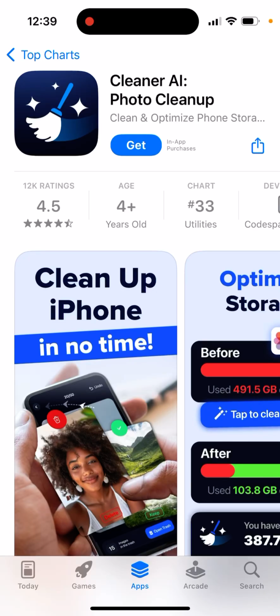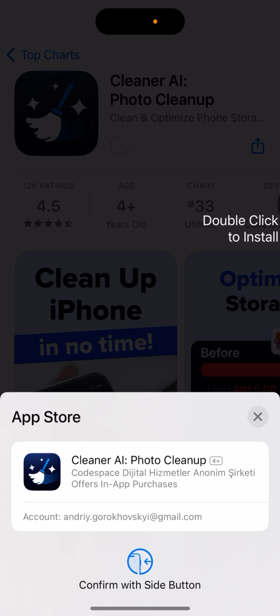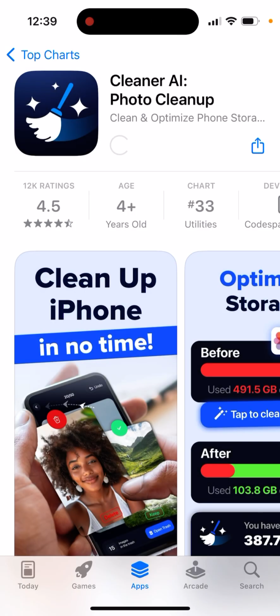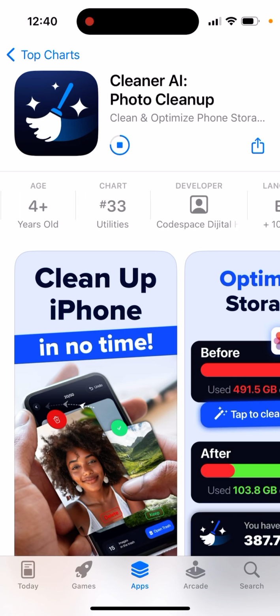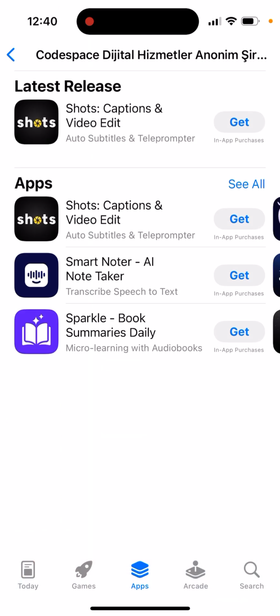So here's Cleaner AI app photo cleanup. So let's just check it out. So just double click to install it. You can see it's in the top charts in utilities, built by this famous studio, which also built some other